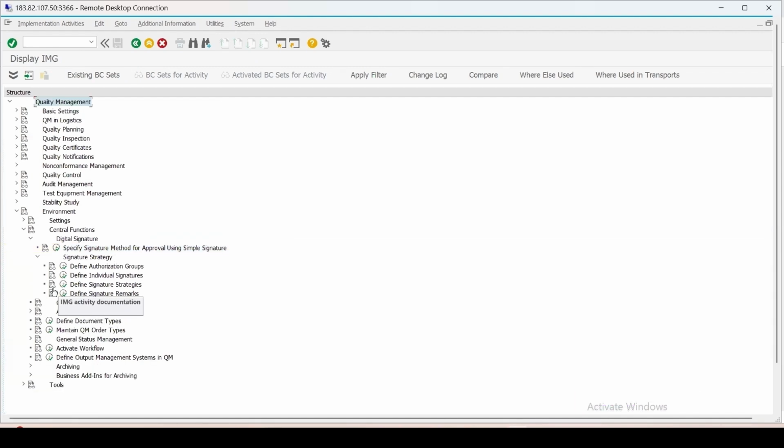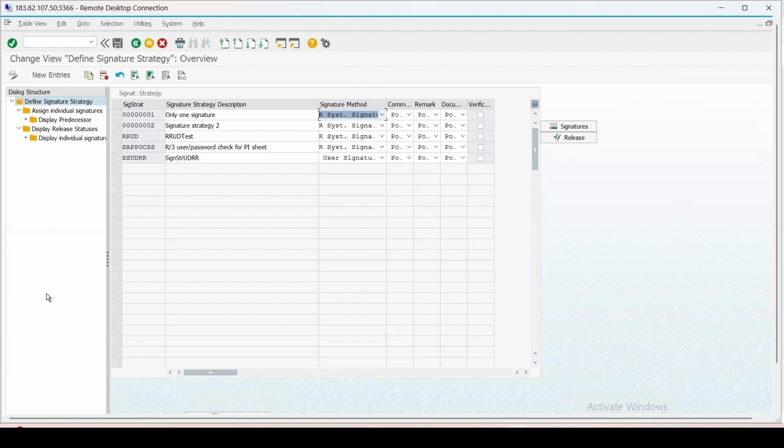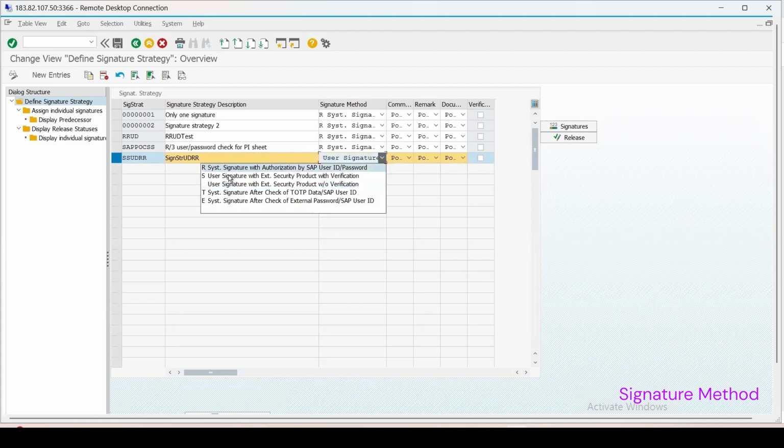Let's go back to our define signature strategy. Okay. And here for this signature strategy for the UD and RR, here you can see that signature method is there. So I need to select the signature method as R system signature with the authorization by SAP user ID and the password.